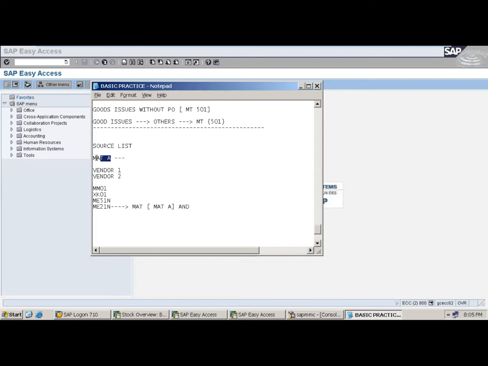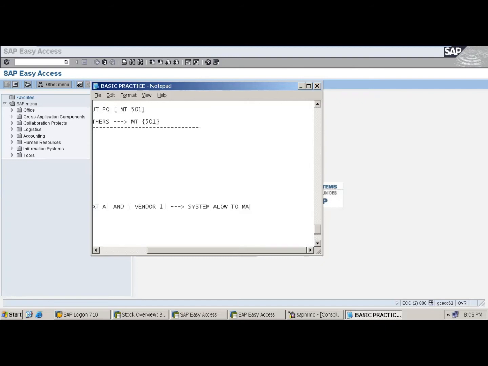Whenever I choose material A for vendor 2, we get an error message that it's not possible to buy this material from this vendor. Suppose I want vendor A. For vendor A, the system should allow making the PO.